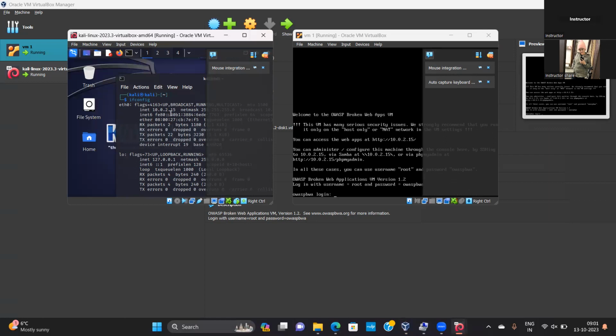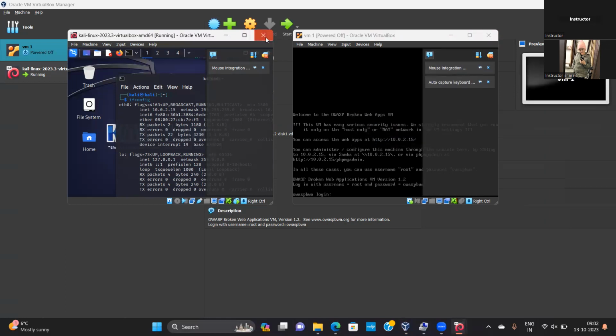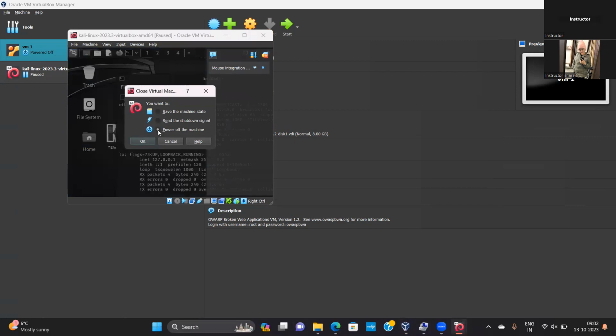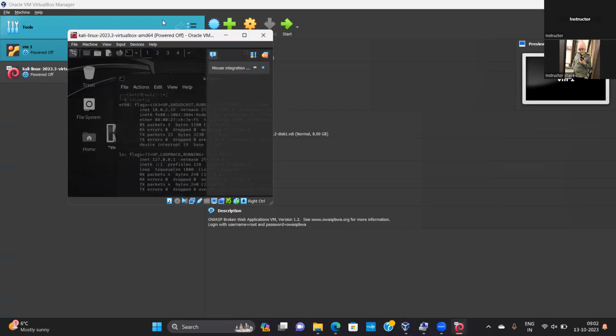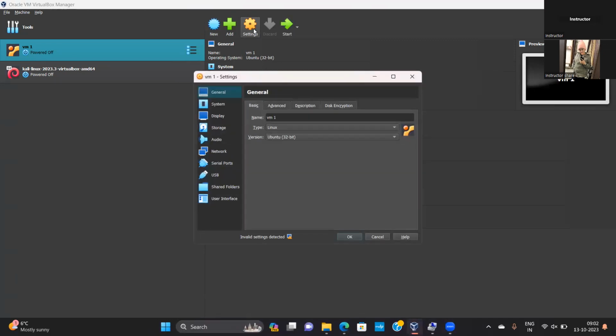If you notice, this is not proper. We will have to power both the machines down and change the netting. Okay, so power down the machine, don't save the state. Go back to the settings, and this time